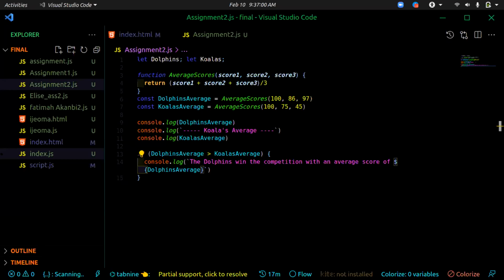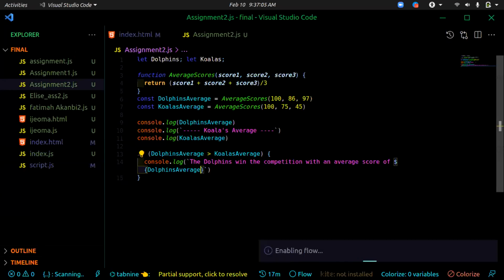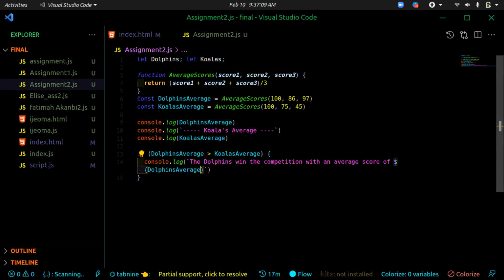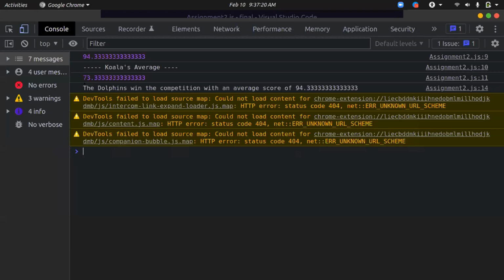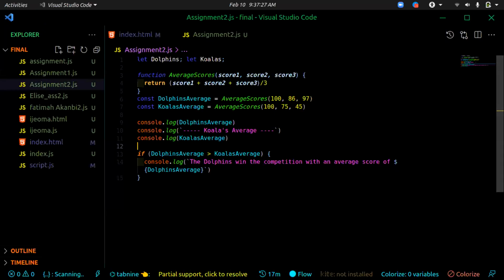Yeah, so you got it, but it's a string, not a comment. A comment is a line that you don't want executed, like you don't want to run it in your code. So it's a string. That's the reason why I did this. So if you were to check our console now, that should have printed out the Dolphins win with an average score of this. And we can go a step further to state another condition, like while the koalas